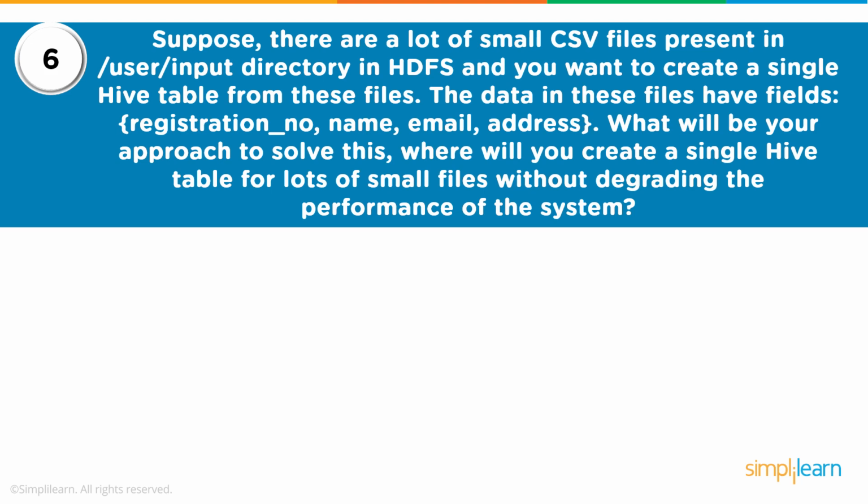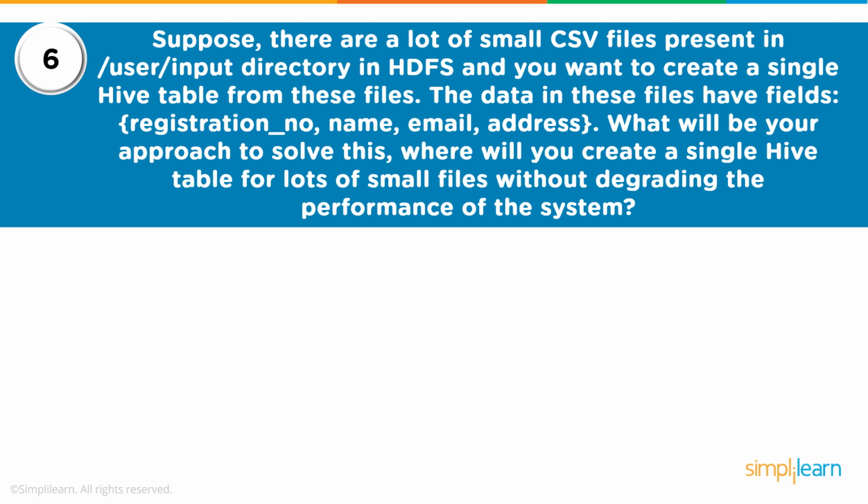Now we know that there are a lot of small CSV files present in a directory. And we know that when we create a table in Hive, we can use a location parameter. So I could say create table, give a table name, give the columns and their data types. I could specify the delimiters, and finally I could say location and point it to a directory on HDFS. This directory might be the one which has a lot of CSV files. In this case, I will avoid loading the data in the table, because the table pointing to the directory will directly pick up the data from one or multiple files.